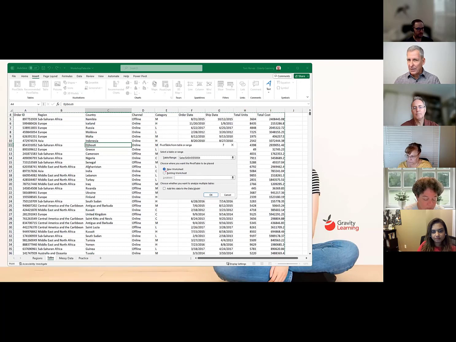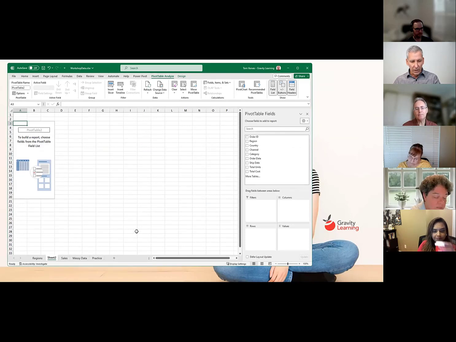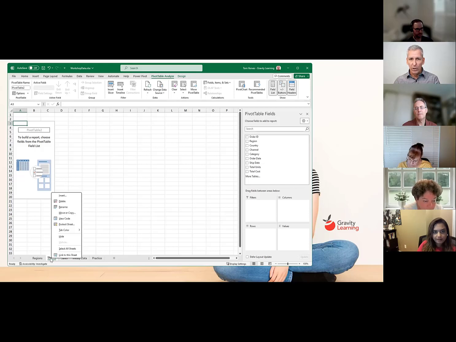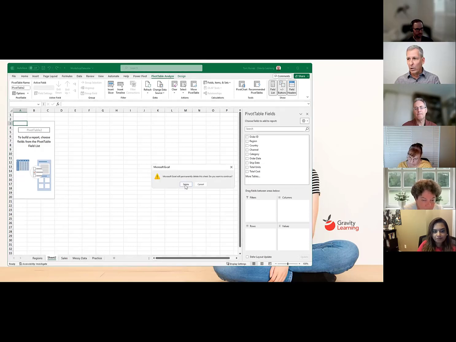And then it's going to ask me, Tom, do you want to put this new pivot table on a new worksheet or on an existing worksheet? I'm going to choose new worksheet. When I click on OK, you'll notice I've made no changes in this dialog box. So step 1 was to click on Insert and then Pivot Table, and then just hit the OK. And you'll notice I get a new sheet to the left of the sheet I was on, and I have my pivot table. I'm going to delete that sheet now,